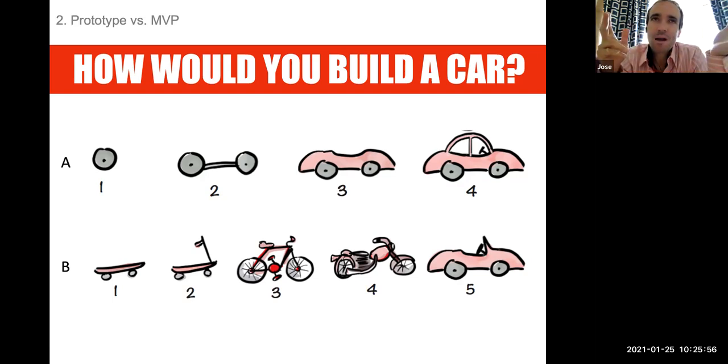How do you know if people would pay you? You cannot really get feedback from the market, right? Like, hey, test this wheel. No, but in B, you build this skate and then you can give it to the users and they can try it and they can give you feedback.